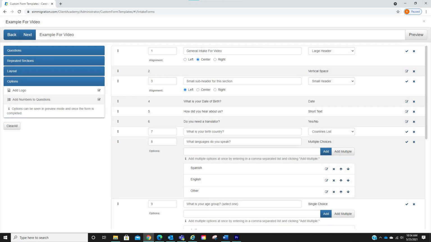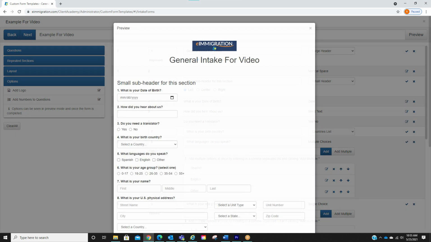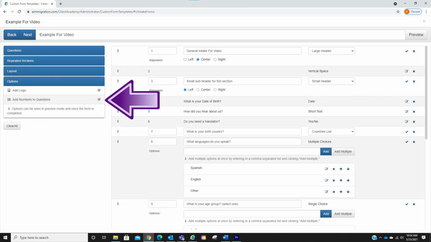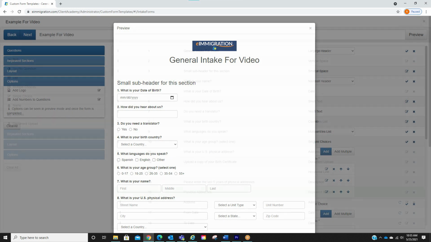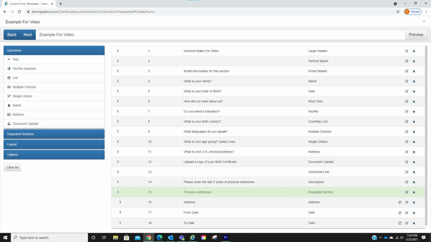In the Options section, the last couple things you can do is you can check to include your logo. This logo can be inserted in the Admin Tools page, specifically the branding section of the Admin Tools. You can also choose to number the questions. Once you have your questions set and are satisfied with how it looks, we can proceed to the next section